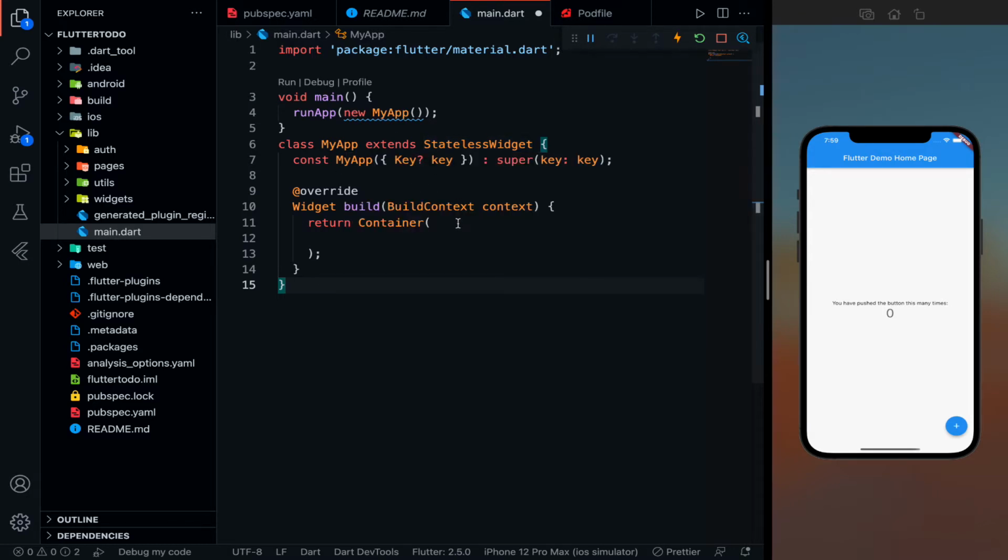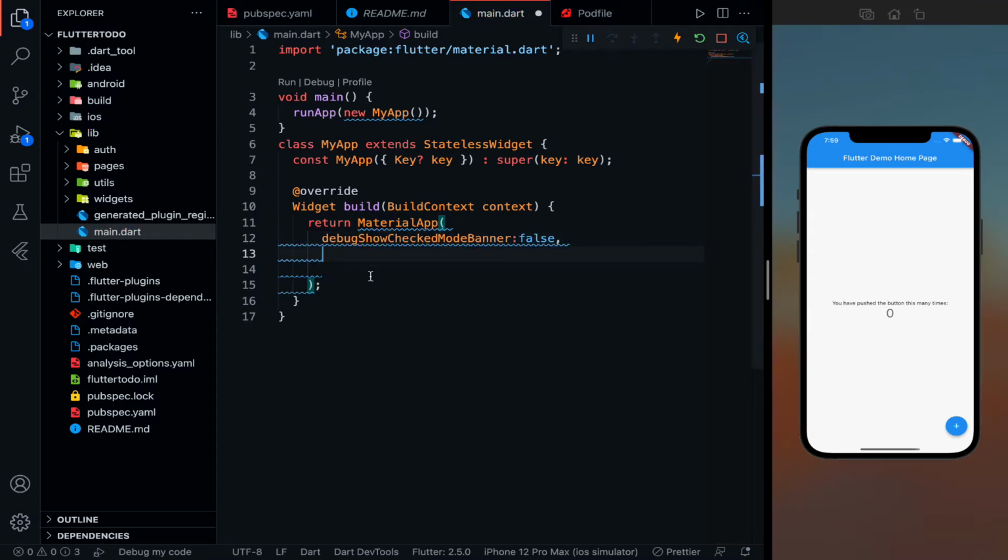So material app is the entry point. Whenever your app is running, it will be starting from the material app, right? So over here I'm going to define return a MaterialApp. Then you can see a debug banner is over here, right? You can see the debug banner. I don't want this banner, so you can just write debugShowCheckedModeBanner to be false.